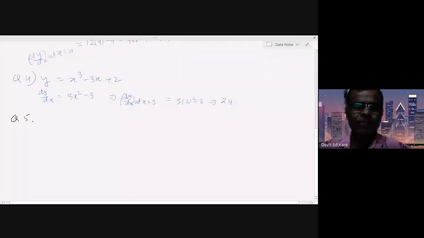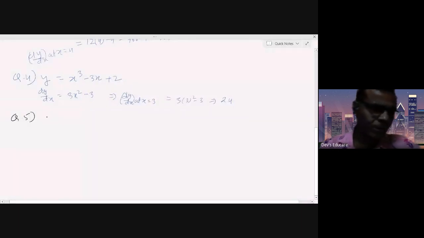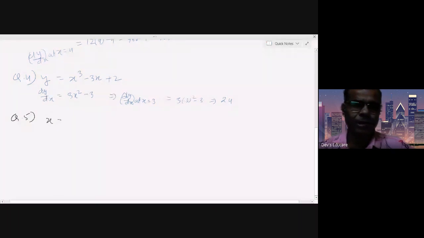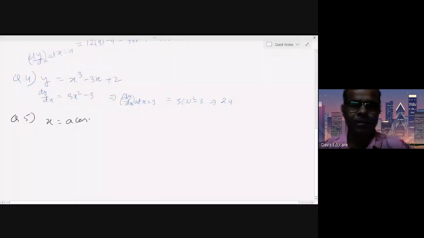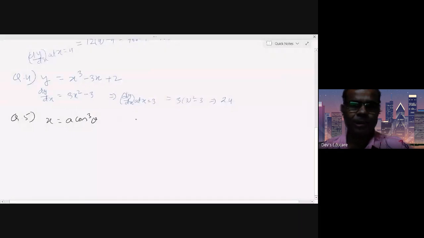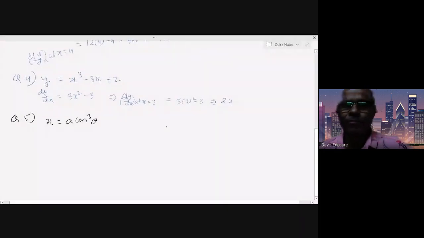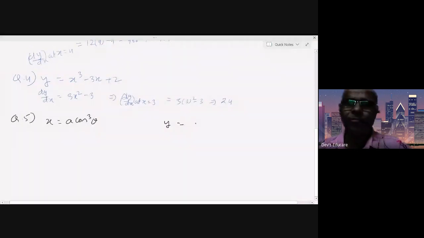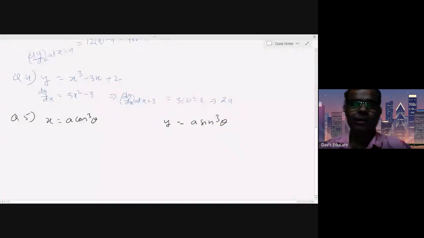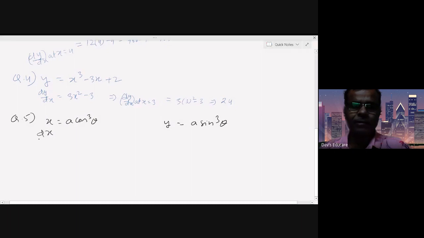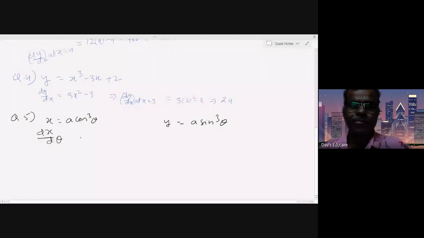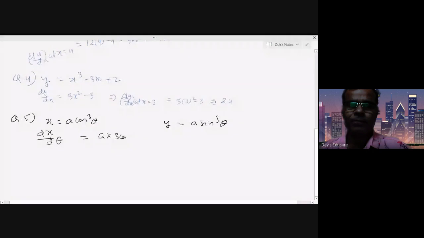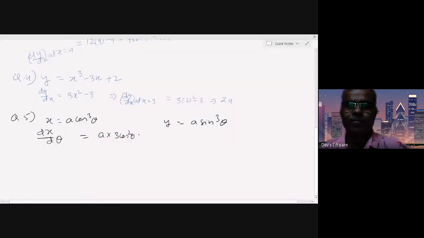Question number 5. Find the slope of the normal to the curve x equals a cos cube theta and y equals a sine cube theta. Finding dx by d theta first, dx upon d theta equals a times 3 cos square theta into